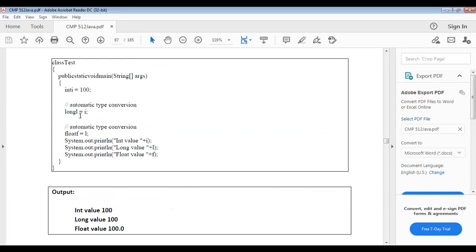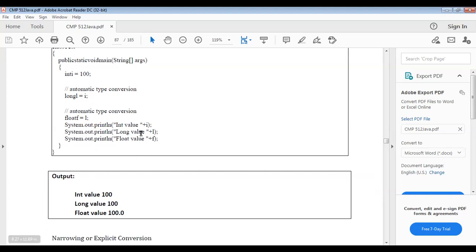After that, there is automatic type conversion: long l equals i, then float x equals l. Then we print the integer, long and floating values. The integer value will be 100, the long value printed is 100, and the floating value will be 100.0.